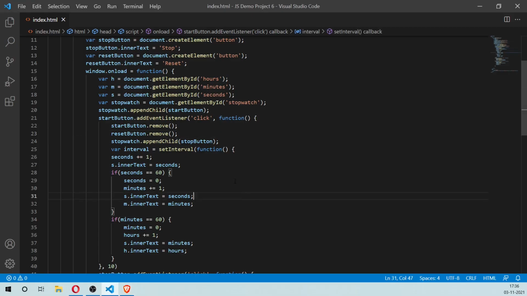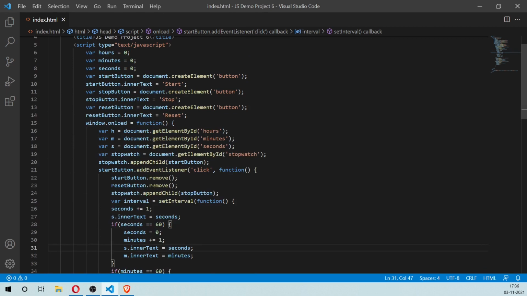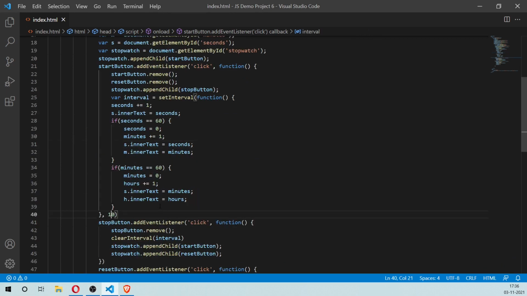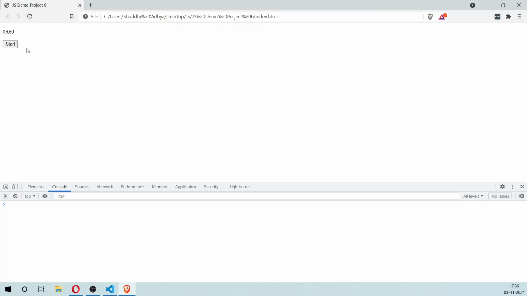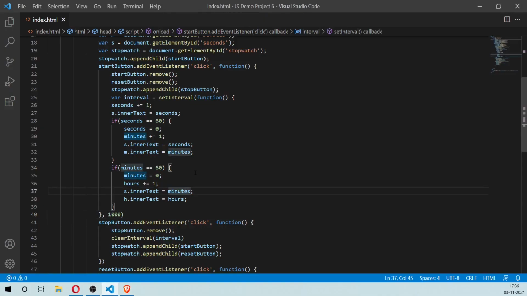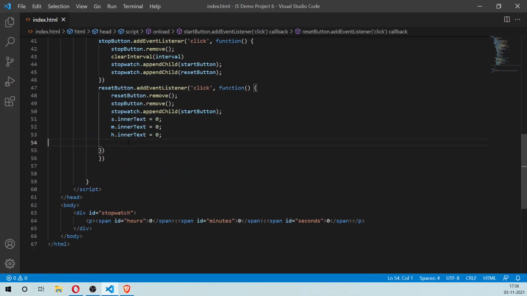Now we can actually go ahead and remove the thing that we did here. Instead of 10, it should be actually 1000. That way it will be actually realistic in terms of time. So here we have 1 second, 2 seconds, 3 seconds. Okay, so this is the functionality that we need. So that is done. Now let's go ahead and work on the styling aspect.